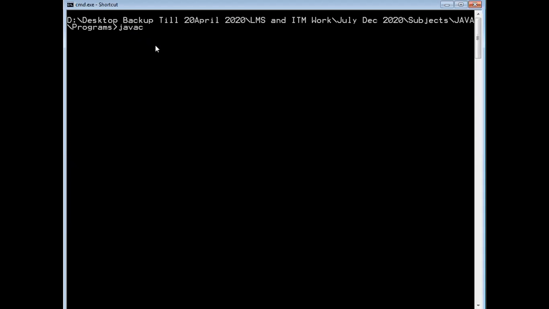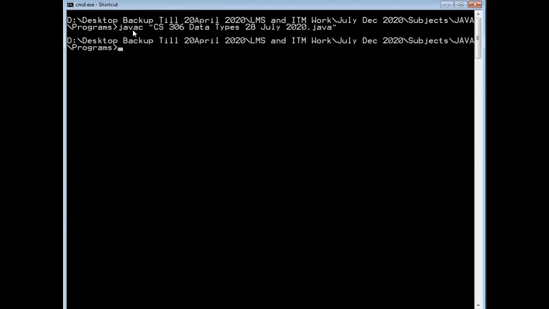So javac, then the class name. I'm not writing the complete name, I write C and press the tab so that we can easily find the respective file name. There may be a number of file names, but today we only have this particular file name. Clear? So I just compile this and press enter. Now you can see we didn't get any error. Definitely your program got compiled successfully. The next step is java, then the file name. So the file name is your Test.class.